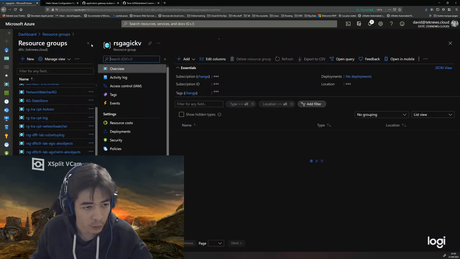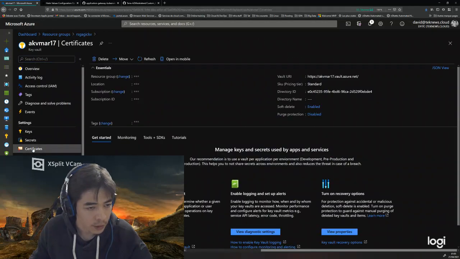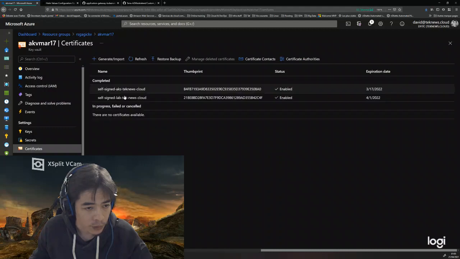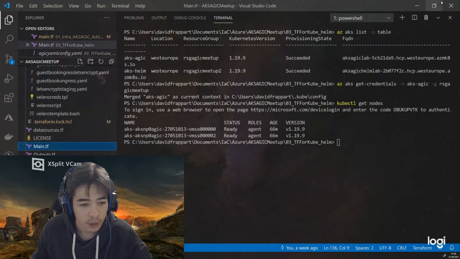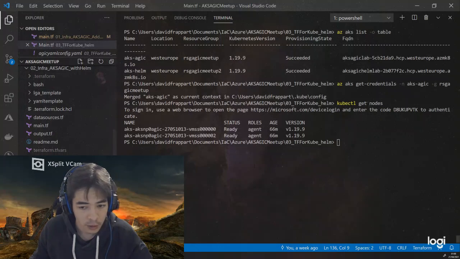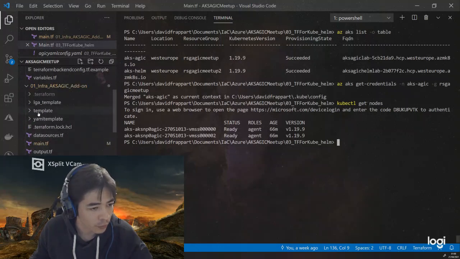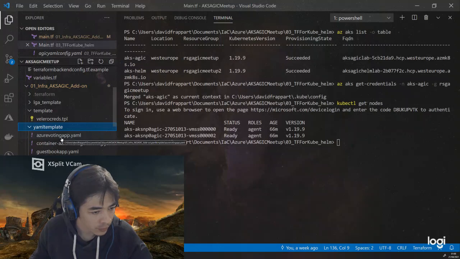I do have a key vault over there, as you can see, and this key vault contains the certificate that I'm using for my environment. I have two self-signed certificates, and I will show you that I'm deploying a few applications with that. So let's check that. I should have a few templates. Over there I have YAML templates, as you can see, voting app and guestbook app.